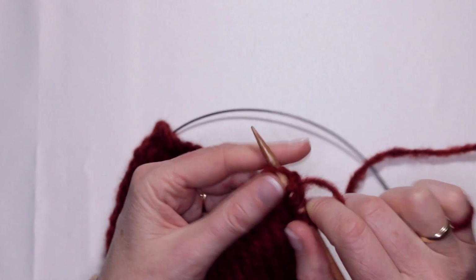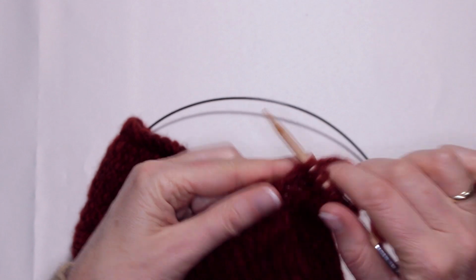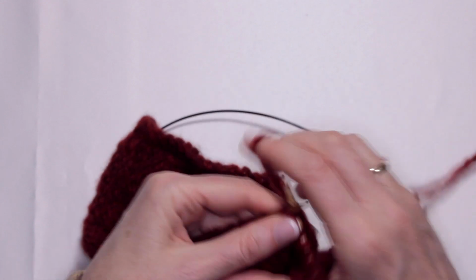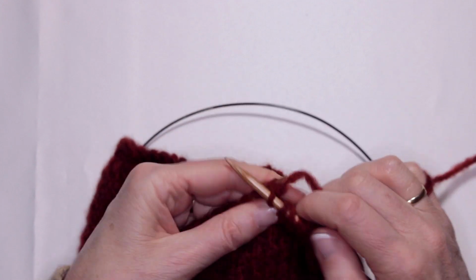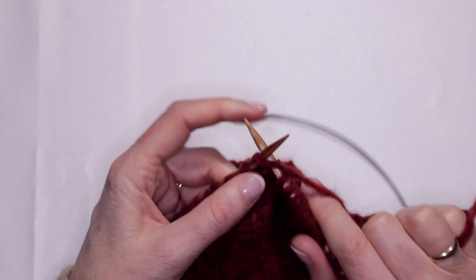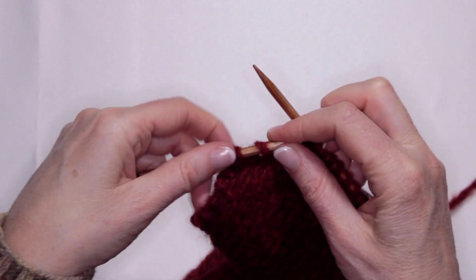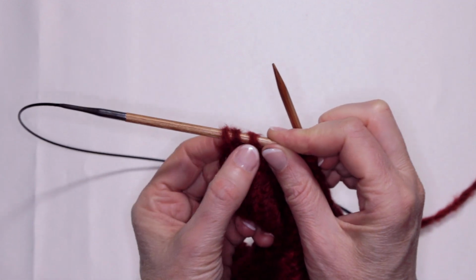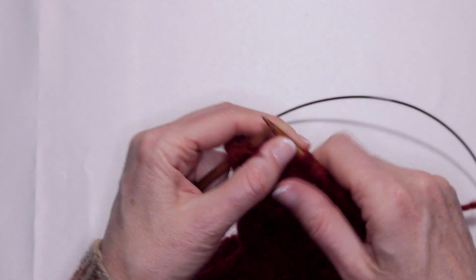So we're going to do this. And this is the increase row that you'll be doing. You've got a set amount of increase rows, and in between a set amount of stocking stitch rows, and the pattern will tell you exactly how many for your size. So I've knitted to the end of the row, bar 3 stitches, 1, 2, 3. The first method, which is commonly just called make one,